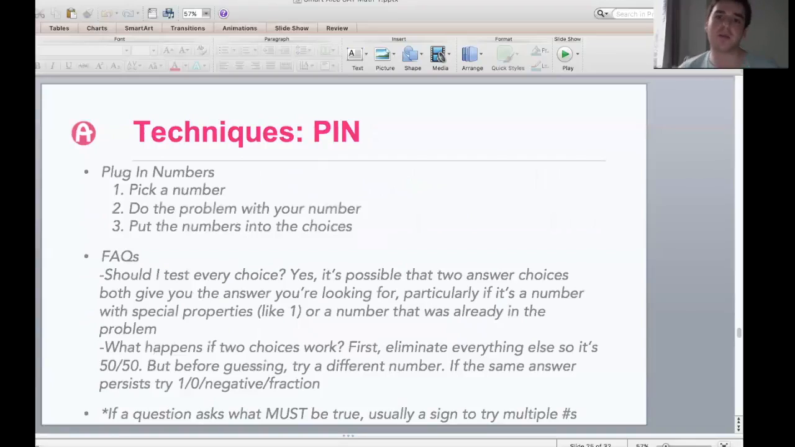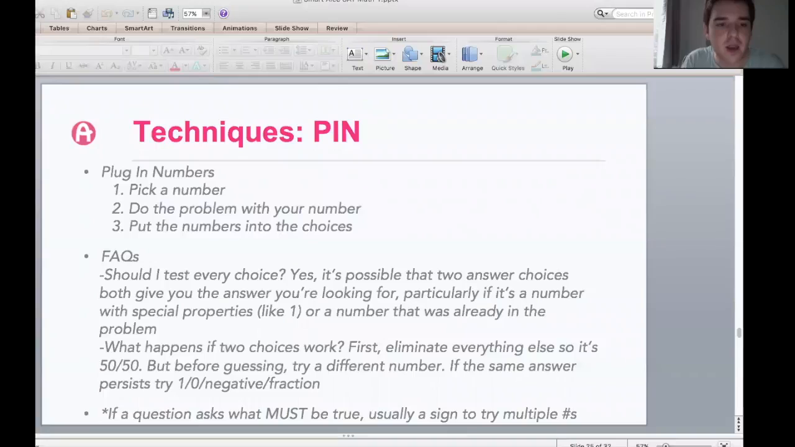So the first one is called PIN, or plug-in numbers. It is pretty straightforward. You pick a number, you go through the problem following the operations as they've listed them, and then you put the numbers into the choices. You want to use PIN typically when you have algebra in the answers. So if the answers are x plus 4, 2x plus 7, things like that. Because if you pick an arbitrary number and you go through it and you find that answer and then you plug in the number you chose into those answers, one of them, and sometimes multiple, will be the